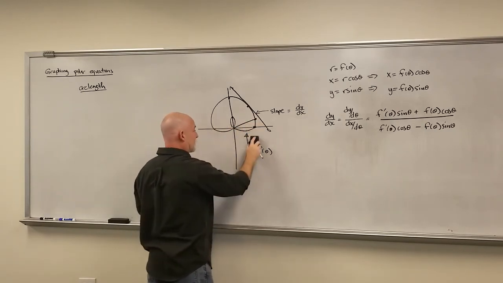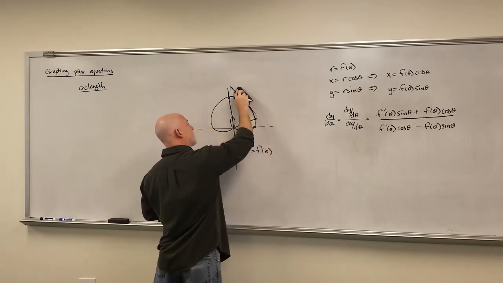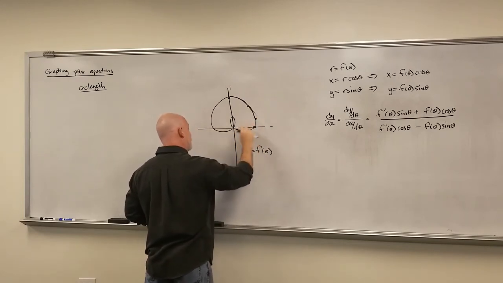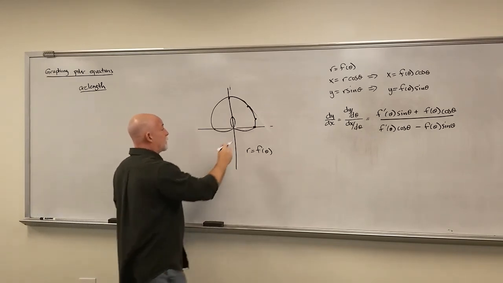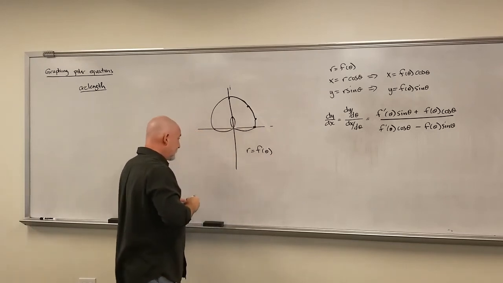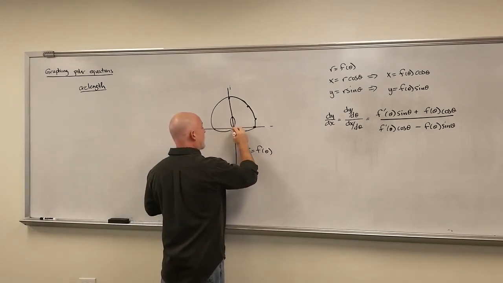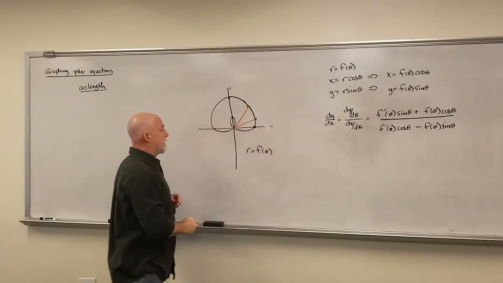let me clean this up just a little bit. Let's say we were drawing the curve. Let me do a different color here so we can see it. Let's go to red then. From that angle to that angle. So if we wanted to know the arc length of that piece,